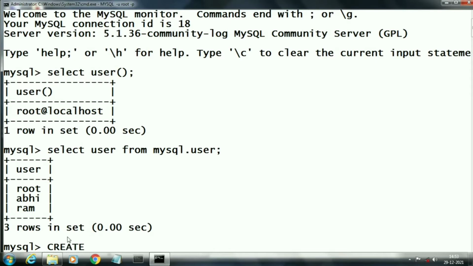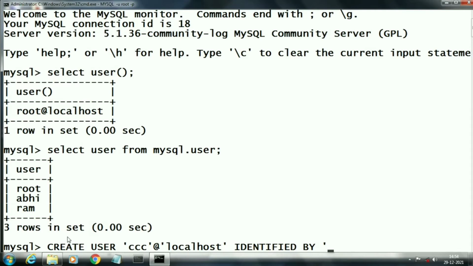Now we will create a new user named CCC by using the command create user CCC@localhost. Here CCC is the username and localhost is its web server, identified by password. This is the command. It means create user, username identified by password.